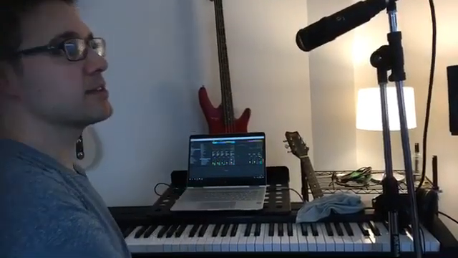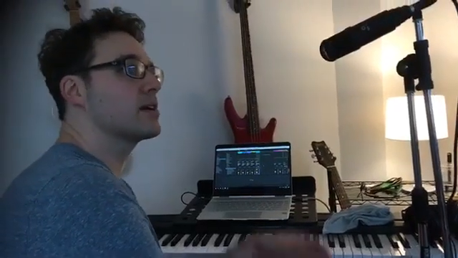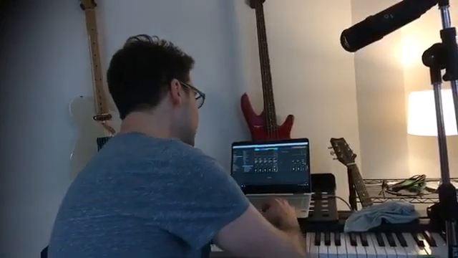Bees. Okay, so I'm gonna set this up with Vocoder, and basically with a Vocoder you need two sound sources, a modulator and a carrier. The modulator in this case is going to be the vocals, and it's going to lose all its pitch information, which is good because it was kind of a pitchy vocal performance, and the carrier is going to carry all the actual pitch information. So I'm going to set up the carrier,